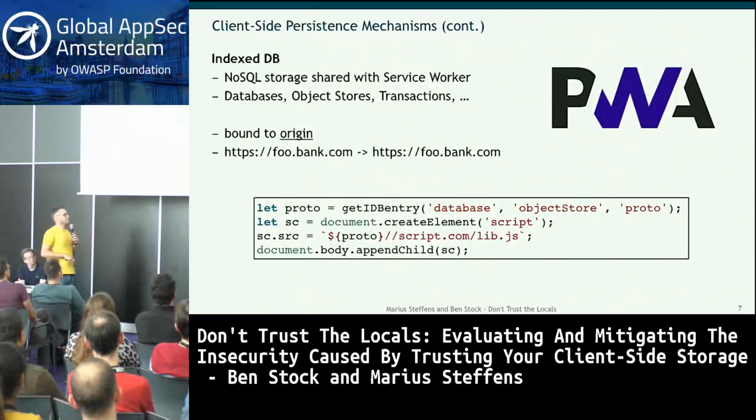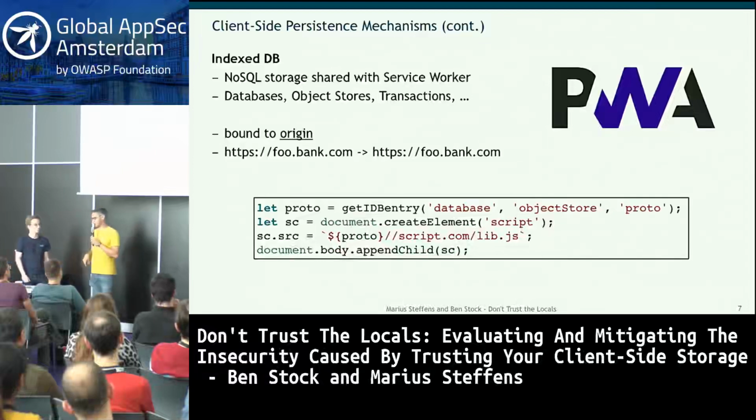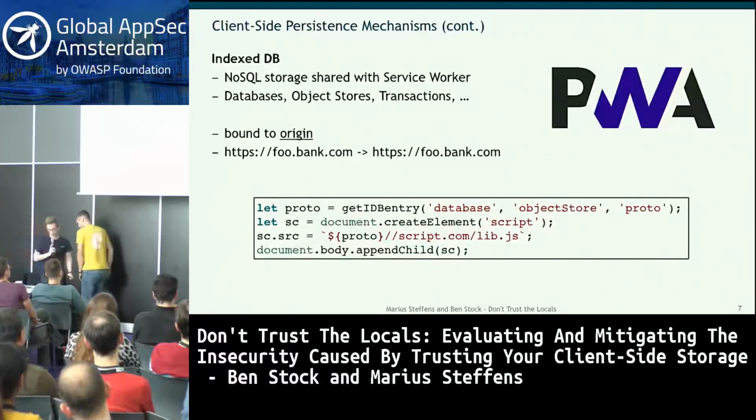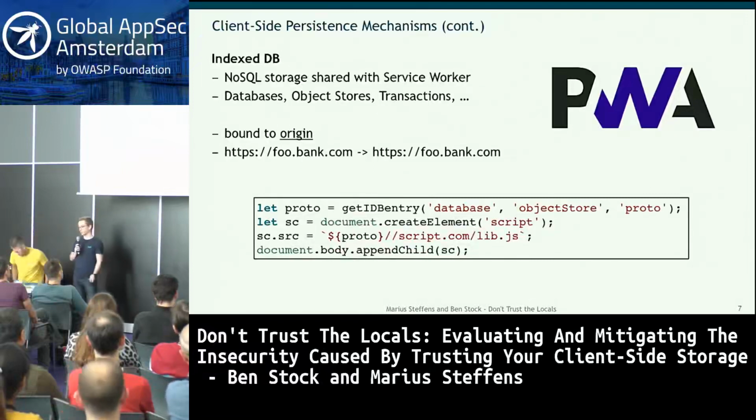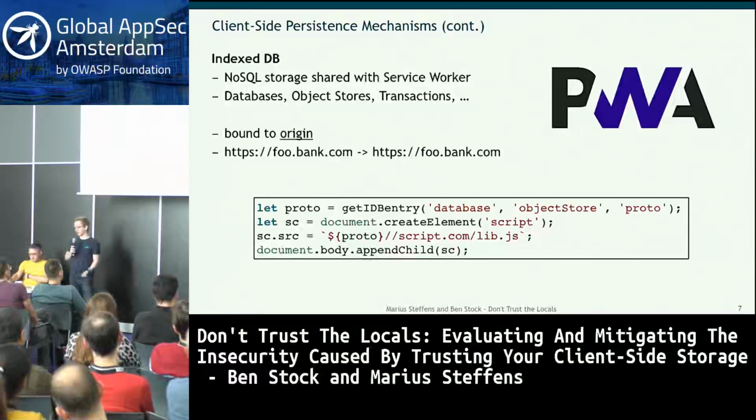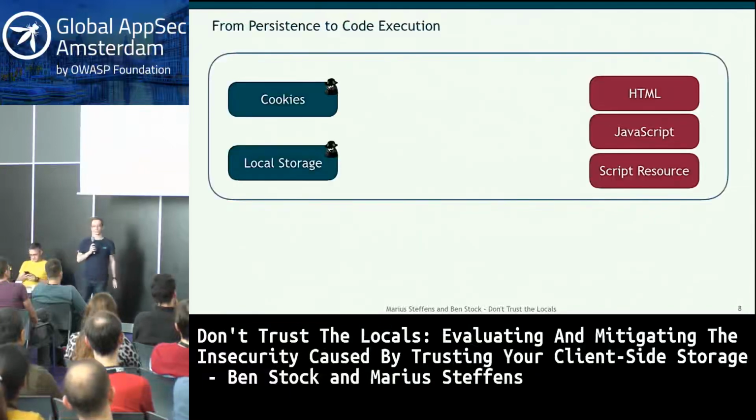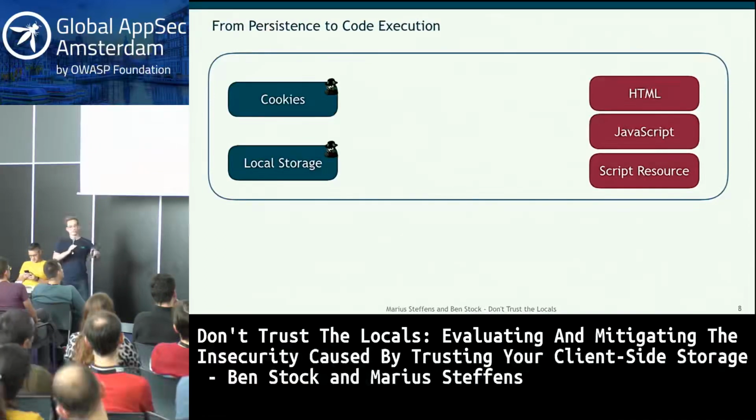And so now that you have some background knowledge about sources and sinks, I actually let Marius take over and talk a little bit about how we can find XSS in the wild. Yeah, so thanks, Ben, for bringing us all up to speed on what we're actually trying to investigate. And if you have attended some of the other talks about XSS and also followed what Ben was just telling you about different kinds of sources and some sinks which then lead to code execution, also having Freddy's talk in which he makes use of linters to actually find such assignments to dangerous sinks, we're essentially doing a similar thing. So we want to track data coming from these and ending up in a dangerous sink.